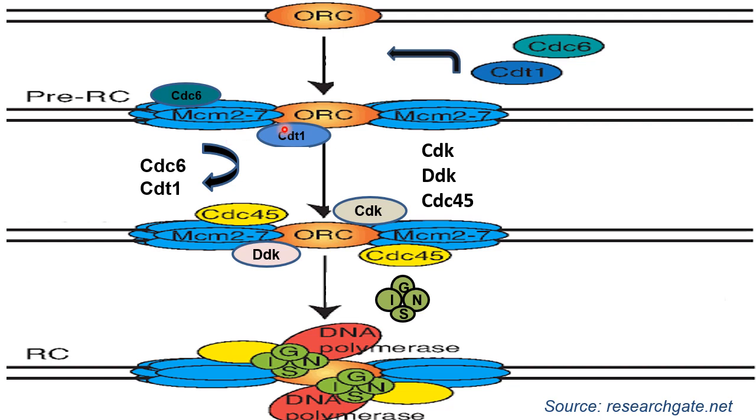However, this pre-replicative complex is initially inactive in form. After that, this complex will enter the S phase, where at first CDK and DDK proteins will join this ORC complex, and CDC6 and CDT1 proteins will be removed. That means CDC6 and CDT1 proteins are only helping in loading of the CDK and DDK proteins. However, MCM proteins are still there and holding the DNA strands firmly. Now the pre-RC complex is activated.